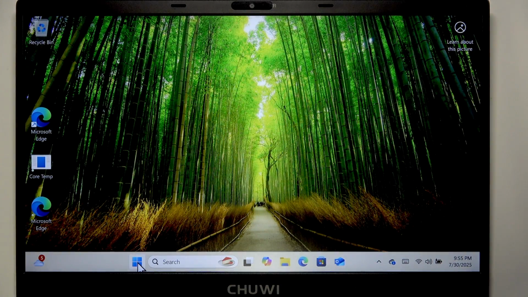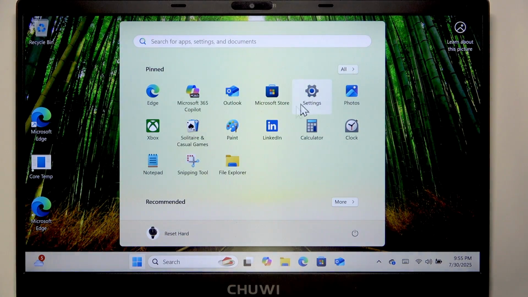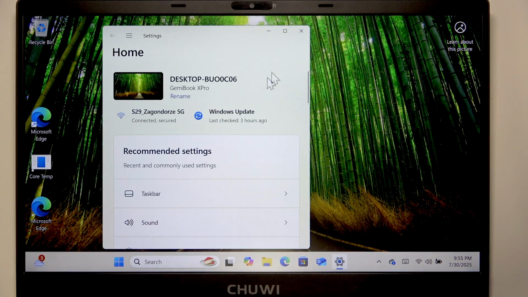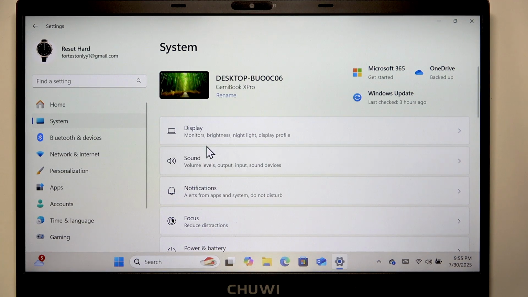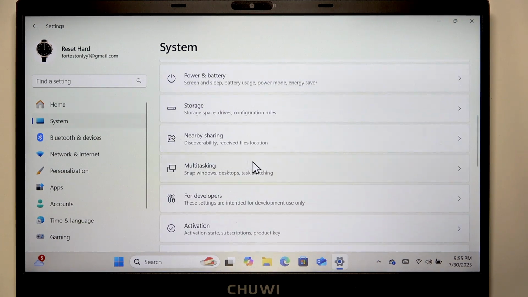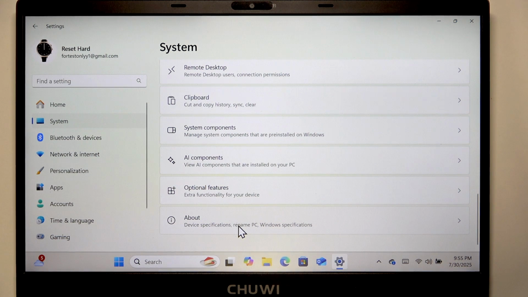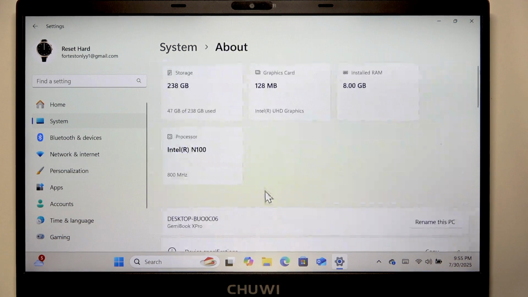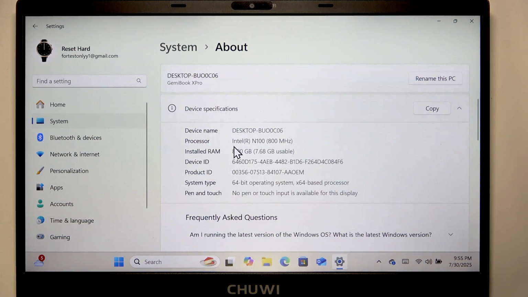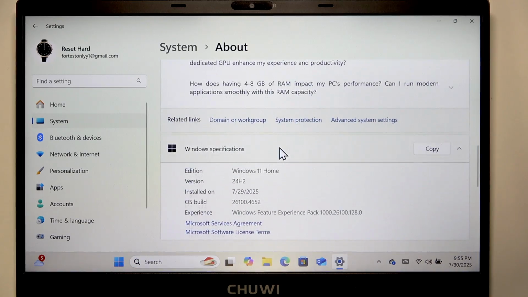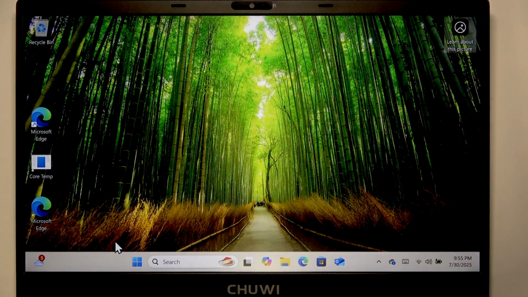To do that, you can open the Start menu, then go to Settings, then select the System section, and then scroll down to the About section, open it, and here you'll have your graphics card with the VRAM memory, and here is the name of the graphics card. Down below you'll also find your devices and system specifications,